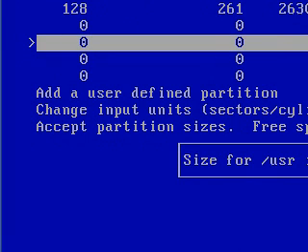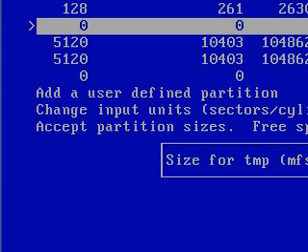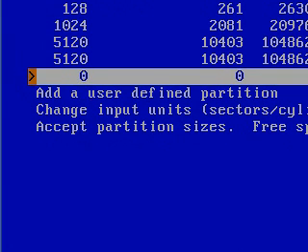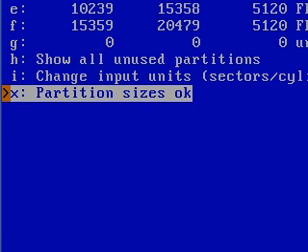We'll put 5 gigs for here, 5 gigs for here, and 1 gig over here. It's good, except partition sizes. This is what the disk will look like after. So we can see we have our 3 mount points, / /usr and /var. Now we will name